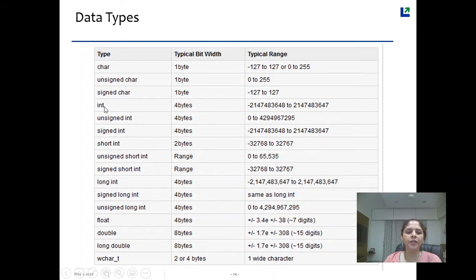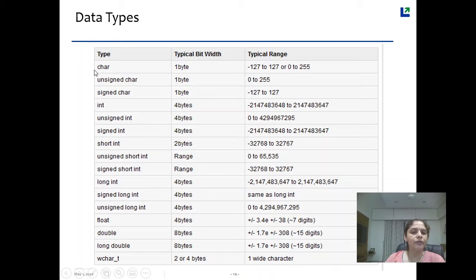If you are declaring any variable of type integer, for every variable 4 bytes of memory will get allocated, and the range of numbers that you can store within 4 bytes is also given over here. So depending on what number or what data you want to store, you will have to decide which data type you want to use, whether it is good to go for short int, or integer, or unsigned int. It depends on in what range your numbers are stored.